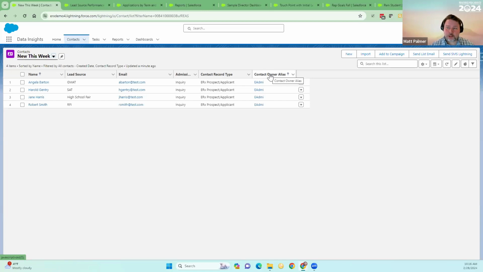to have an owner. So an owner of a record is assigned based on different factors. Here I can see that I am the current owner of these records. One of the tools that we offer as part of our core product is a very declarative way to manage those assignments, so that if somebody raises their hand for program A and perhaps is a traditional student, or somebody raises their hand for program B and is an international student, we give you a very easy clicking interface